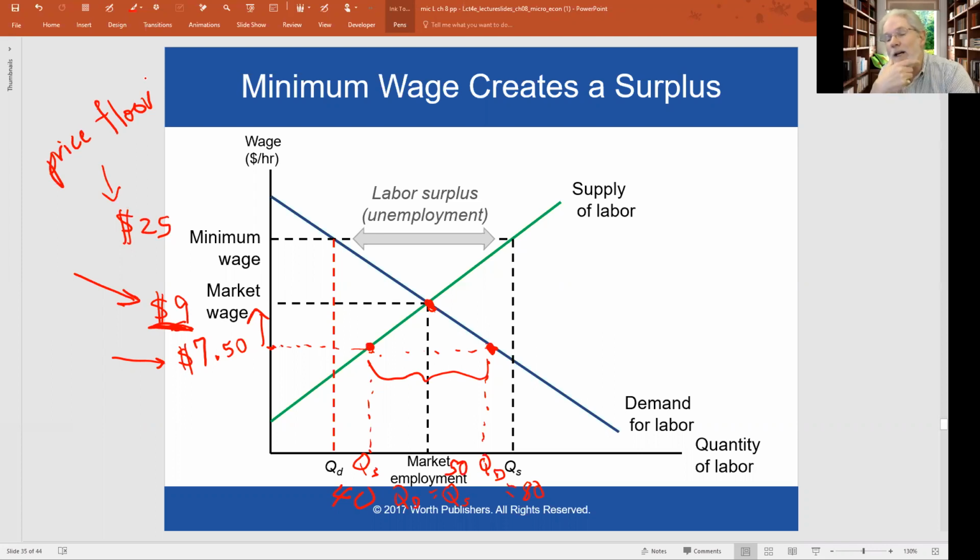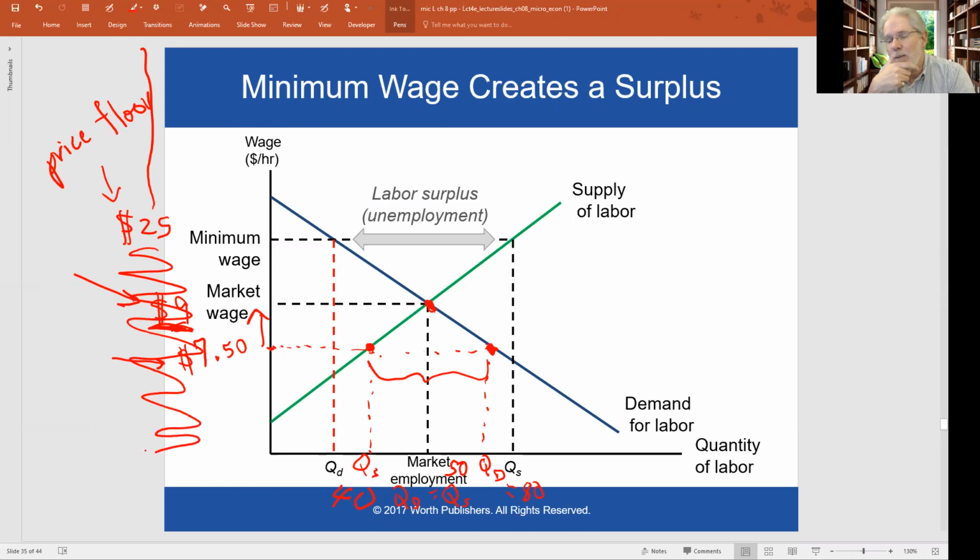So the government is saying to firms, you can pay workers $25 an hour, $26. You can pay them any wage you want. You pay them $100 if you want. The minimum wage is saying it is now illegal to pay them anything less. Okay. And why are minimum wages imposed? What's the intention? Well, it's to help low-income workers, right? That's the goal. At least that's the stated goal.